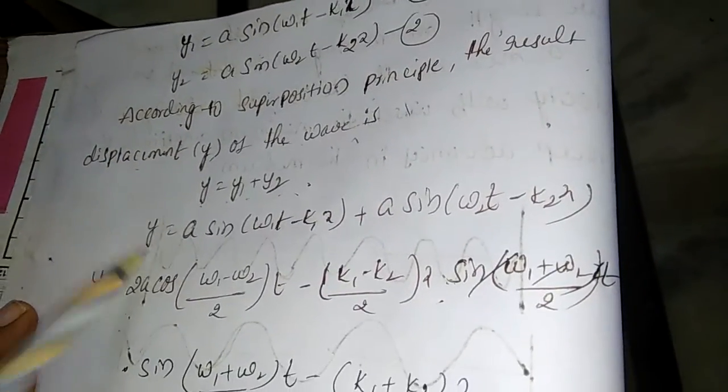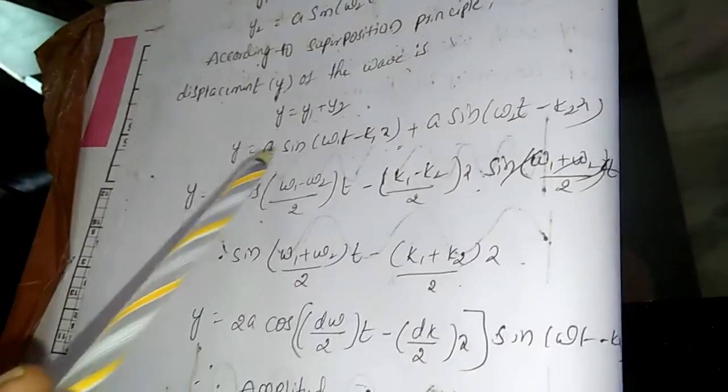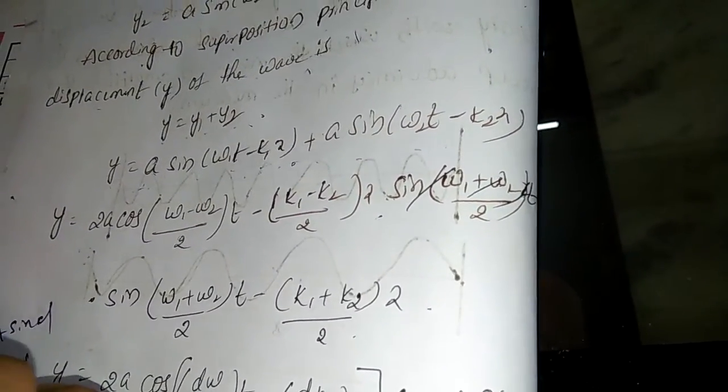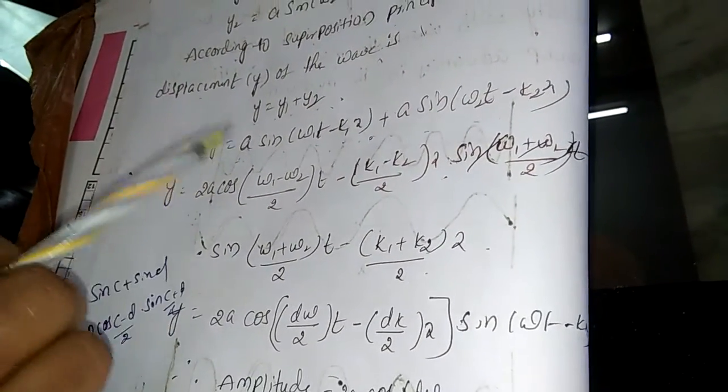Then y is equal to a sin(omega1 t minus k1 x) plus a sin(omega2 t minus k2 x). We are adding these two. Taking a common outside, it is in the form sin c plus sin d. What is the formula for sin c plus sin d? Sin c plus sin d is equal to 2 cos((c minus d)/2) sin((c plus d)/2). By using that formula,